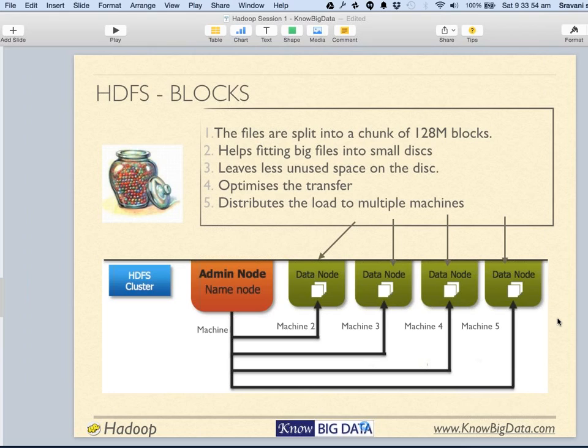All right. So Gunjan, what question did you have? I missed your question. So you have the admin node and data node. Admin node will store information about where the data is, while data nodes actually store the data. The way data nodes store the data is we break the file into blocks of 128 MB and put them on data nodes. Okay. Yeah, it looks like the torrent protocol, and it is inspired by the torrent protocol, Anand.